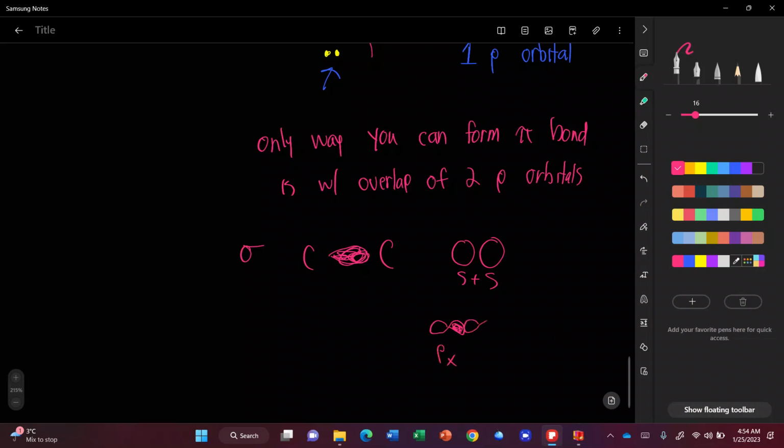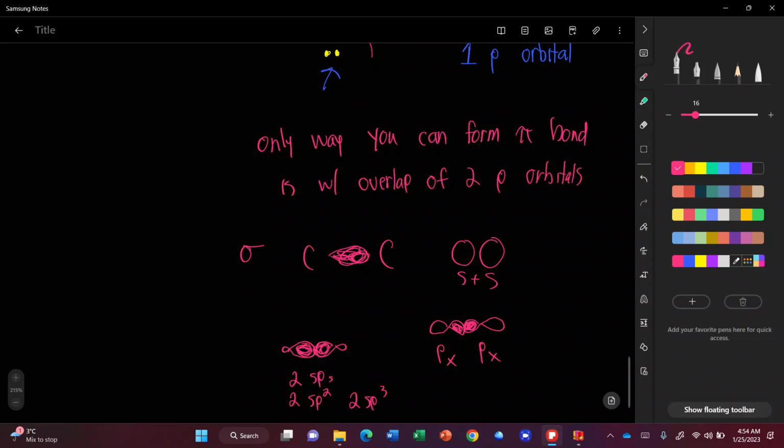Two px orbitals will give you a sigma bond. And then a bunch of hybrid orbitals will give you, right? So like, you can have two sp or two sp2 orbitals or two sp3 orbitals will also give you a sigma bond,